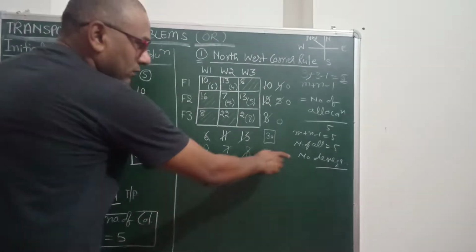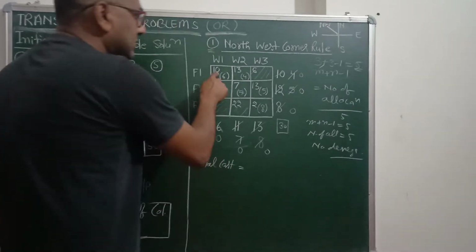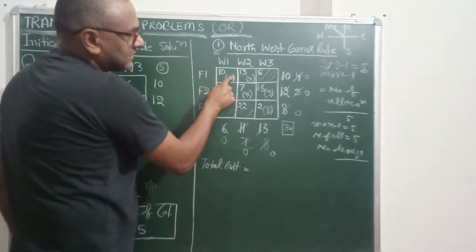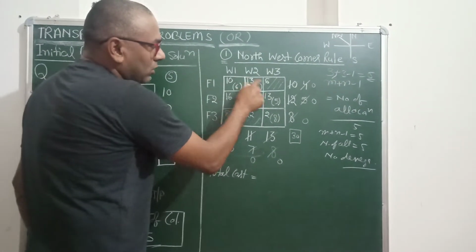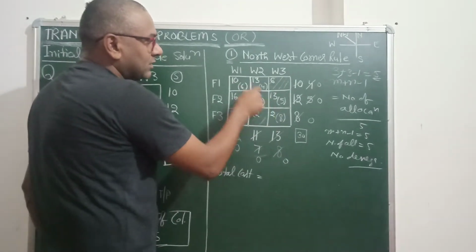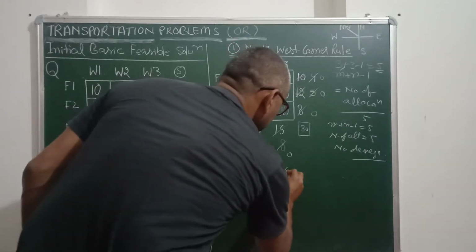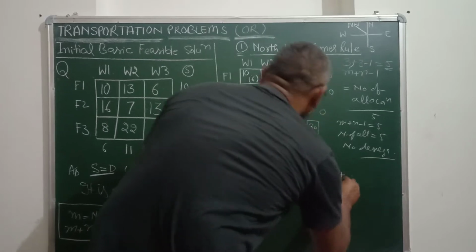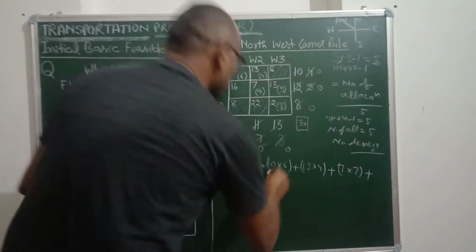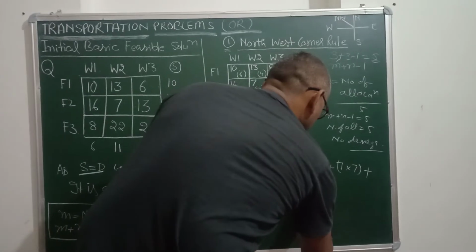So now we can find the total cost. As you know, this is the cost for 1 unit and 6 units have been allotted, so for this cell the cost is 10 into 6. Similarly, all 5 allocations have to be multiplied with the unit cost, so that we can find the total cost. So 10 into 6 plus 13 into 4 plus 7 into 7 plus 13 into 5 plus 2 into 8,